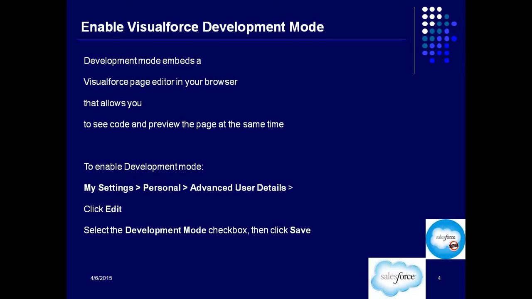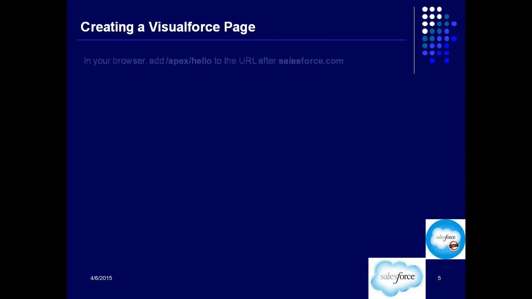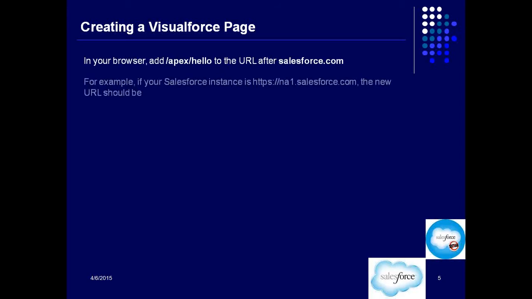Visualforce development mode is enabled, and that is the reason why you can see the code editor at the bottom. Let's quickly look again into the process of creating a Visualforce page. If your Salesforce instance is this, the new URL should be this.